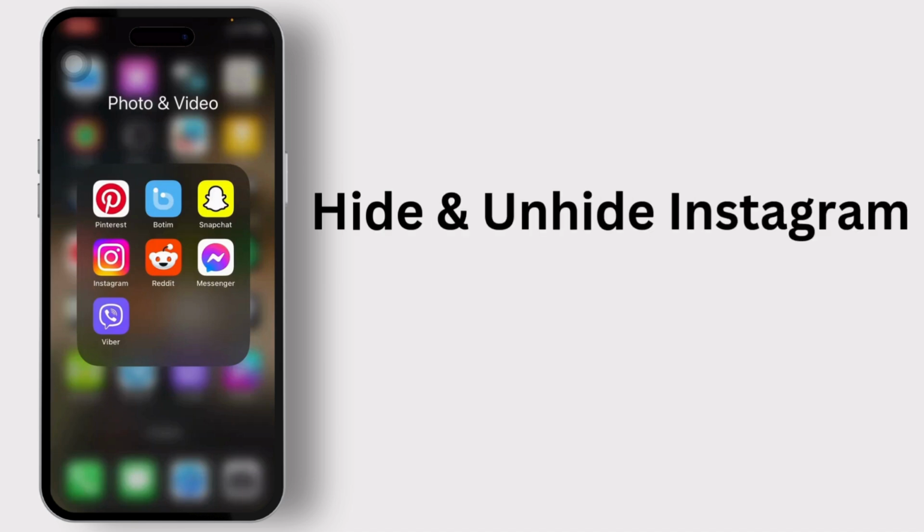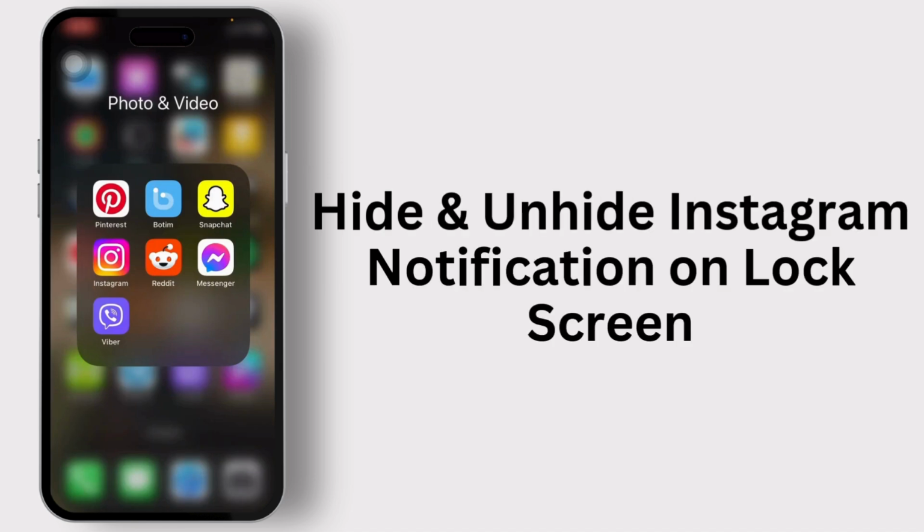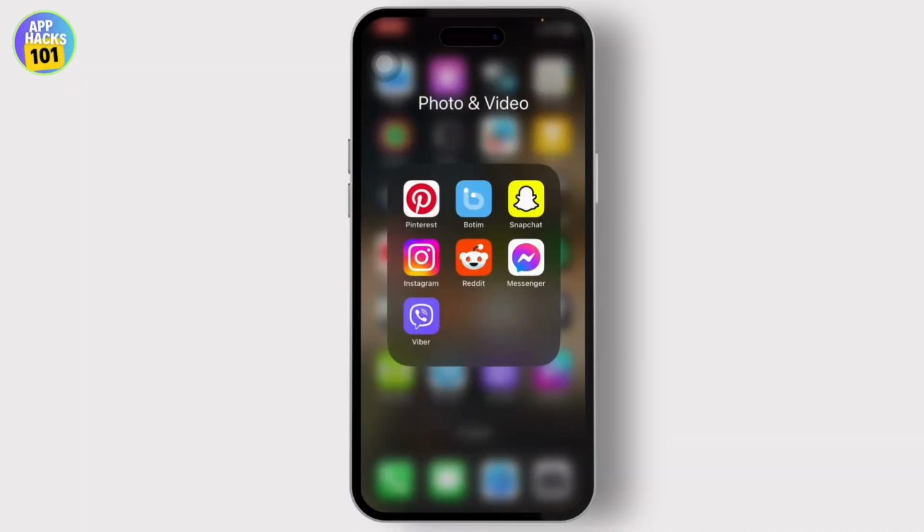how you can hide and unhide Instagram notifications on your lock screen. Now what I mean by that is, as you know, Instagram sends notifications, and on your lock screen you'll be able to see the sender and the messages on your lock screen too. So to remove that and to hide those messages, what you'll need to do is just go to your settings,